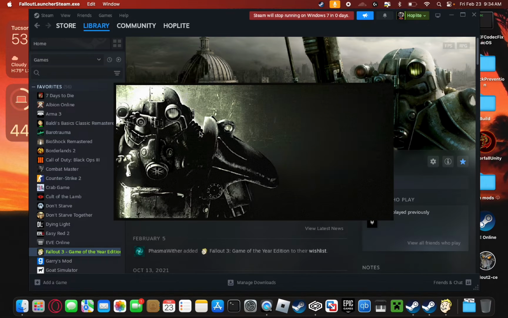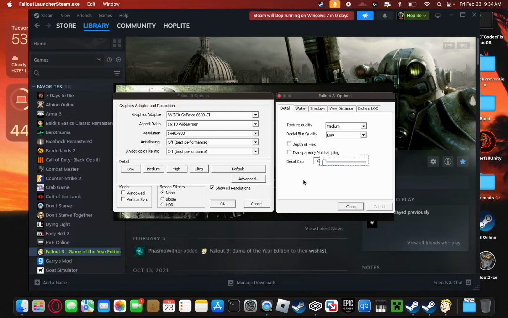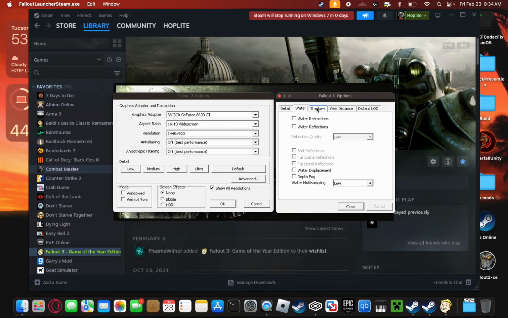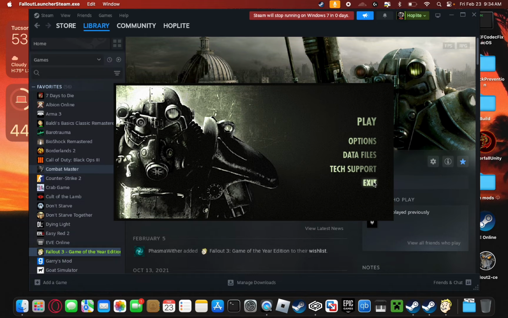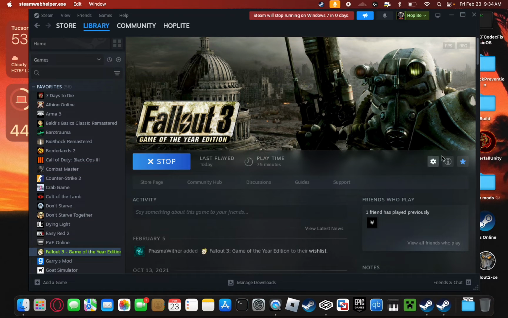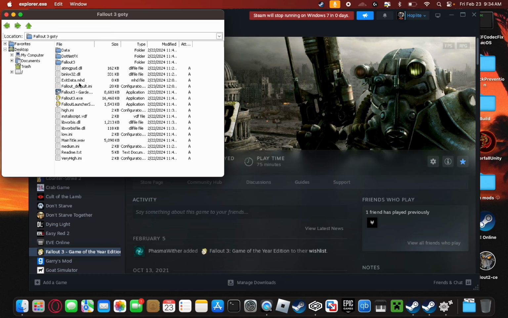All you need to do is push play, and then use these graphics settings. These are what I have at least, and it runs really solid, so have all these off. Push low on detail, screen effects none, stuff like that. Once you have these settings, close out of that real quick, navigate over to this little gear icon, and then push Manage, Browse Local Files. Next, you're going to look for this file right here,